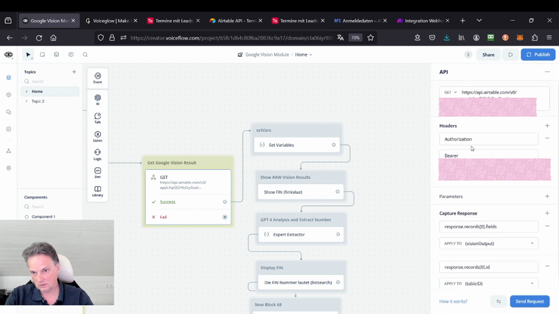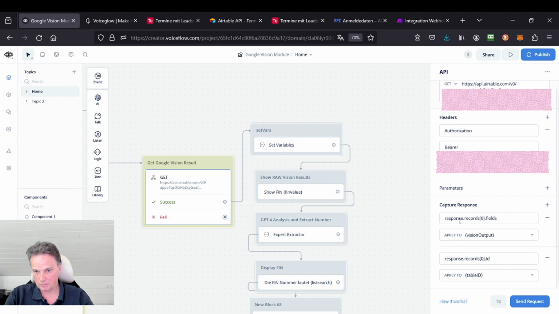Not really set up, to be honest. The bearer key needs to be inserted, so you put in authorization and then bearer, and then you put in your personal access token key that you created or copied earlier when I showed how to do that in Airtable. You copy that over here into the Get API step, and below that you have how we capture the response. So you do capture response dot